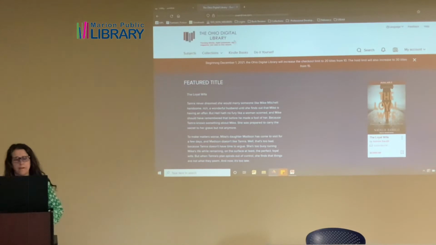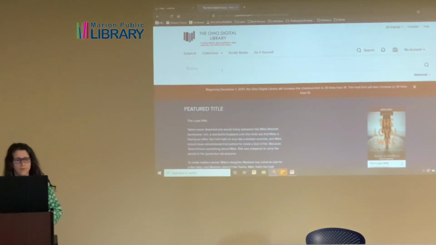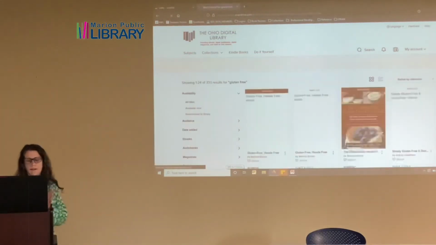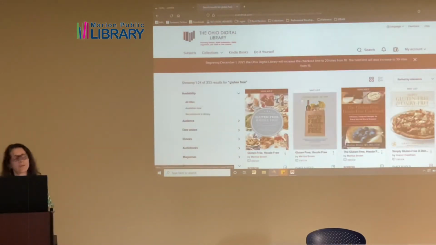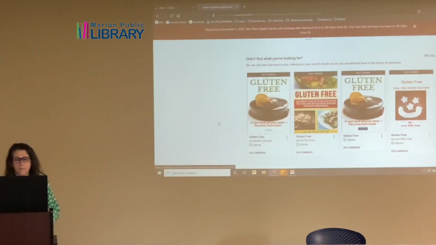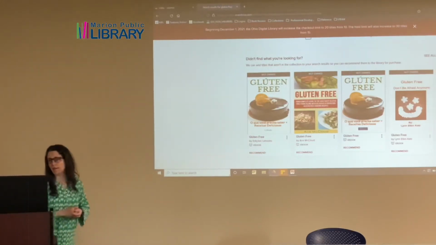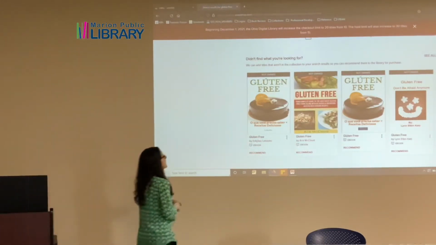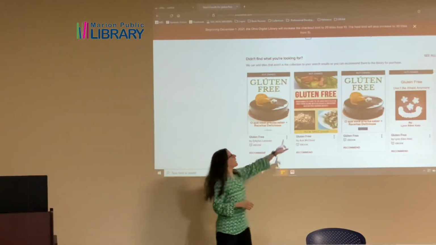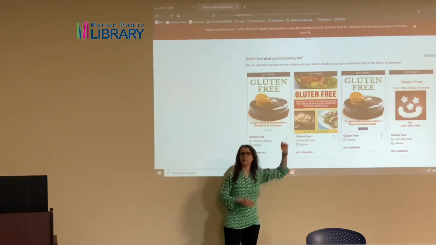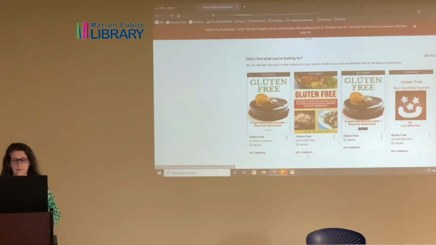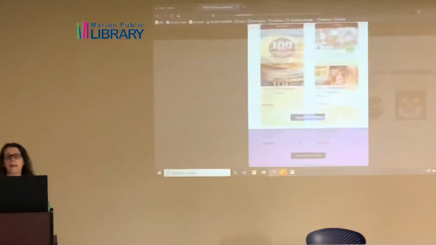So once I'm signed in here, I'm gonna go ahead and do a search. I'll do the same gluten-free example. So now if I'm looking through here and somebody recommended a cookbook to me, and they recommended this second one here, gluten-free by Ace McLeod. As you can see at the top it says not owned, so I can come down here and click on this recommend, and now